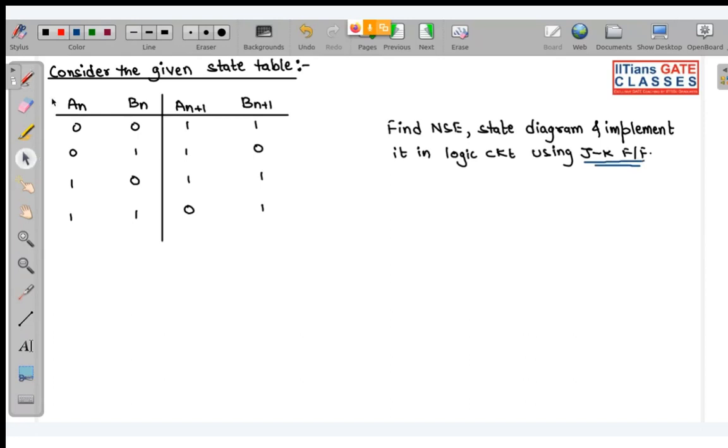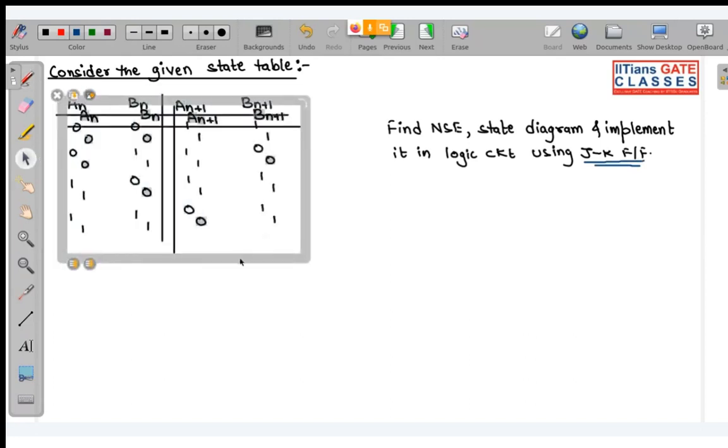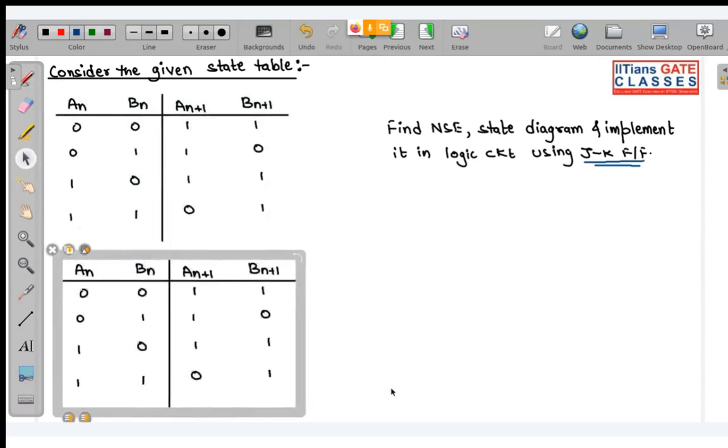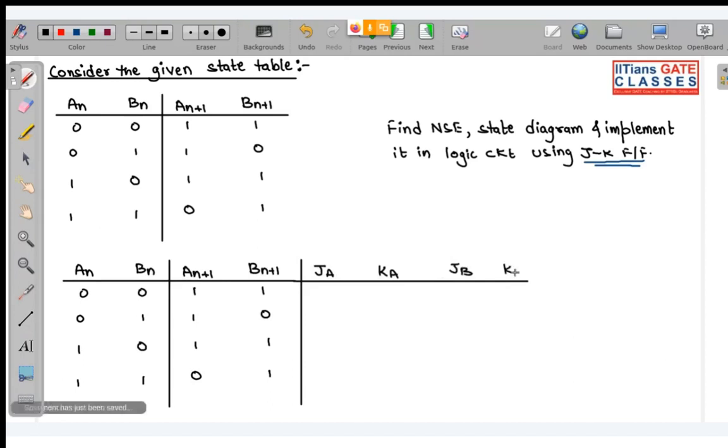For this one, look, over here we have been given the state transition table. Okay, state transition table is given. It is given that we have to implement it using JK flip-flop. So now what we can do, if they have given us the state transition table, with the help of the state transition table, I can find the input of my flip-flop by using what? Can we find the inputs of the flip-flop?